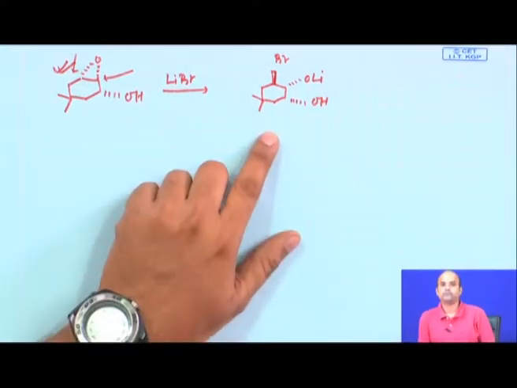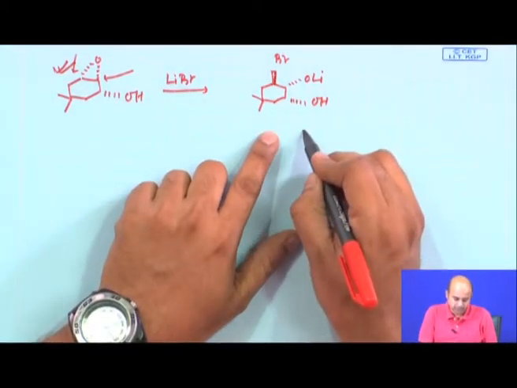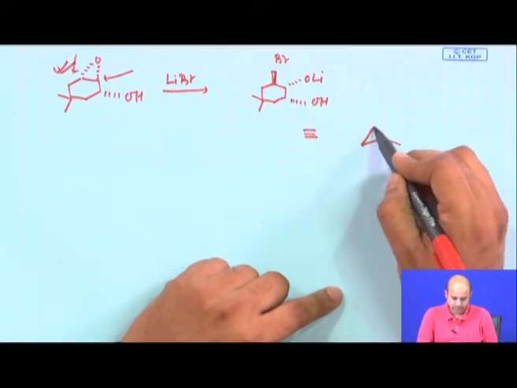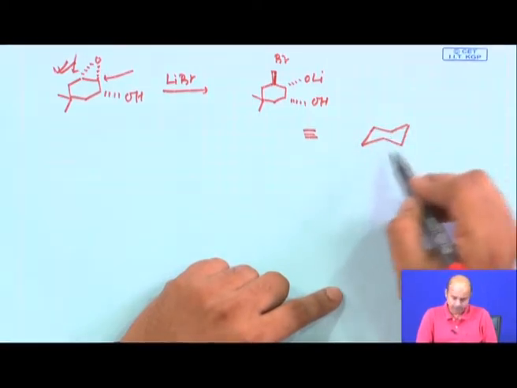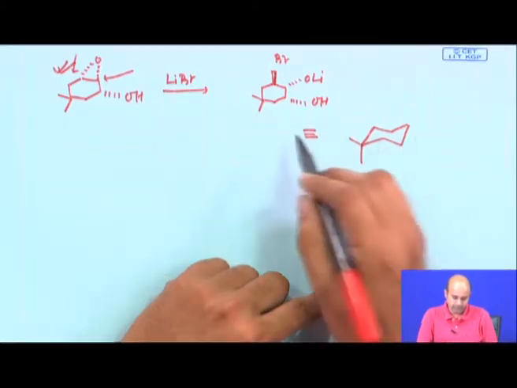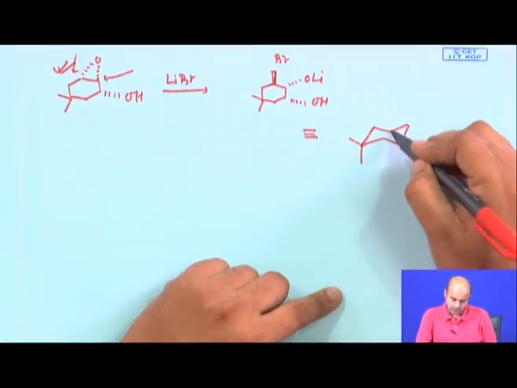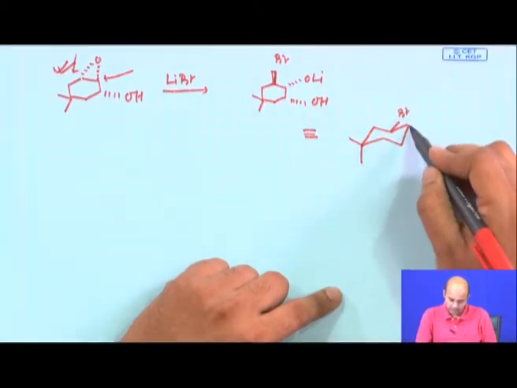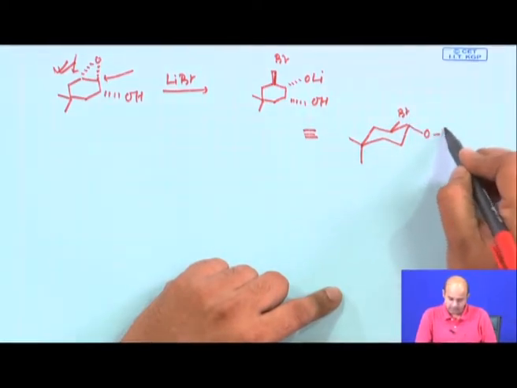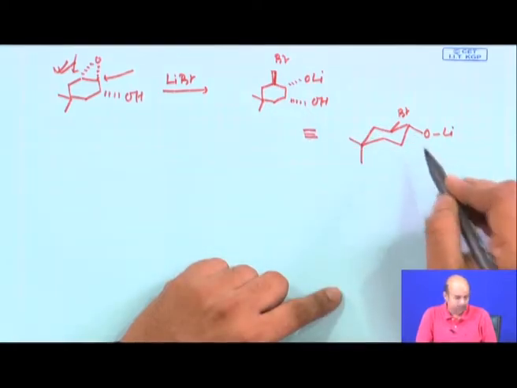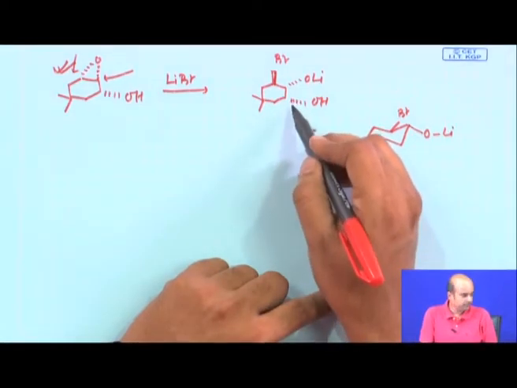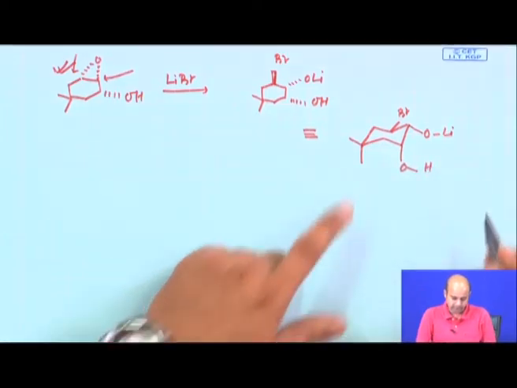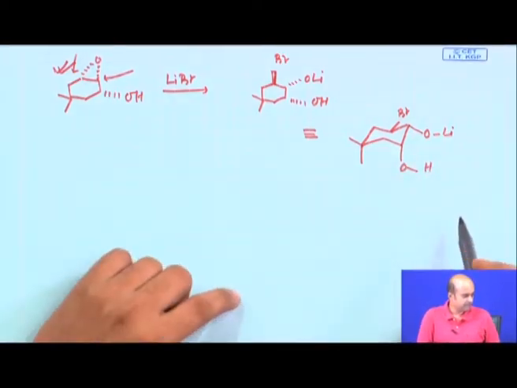Fine, this is a 2-dimensional geometry. For this compound we will now draw a 3-dimensional geometry to explain certain things. We say Br is above, and we try to put Br, the bulky group, in equatorial. Okay. This OLi is below, we will try to put it in equatorial, and this 1,2 is cis. So, this OH is axial. So, this is the real 3-dimensional geometry.